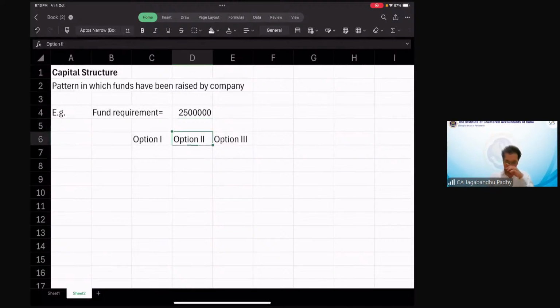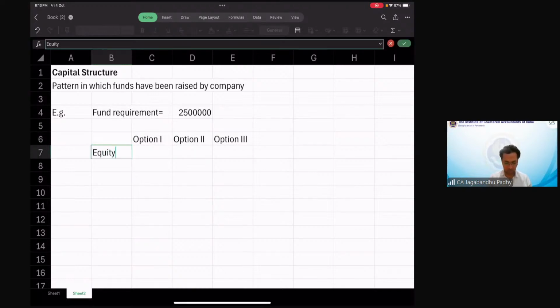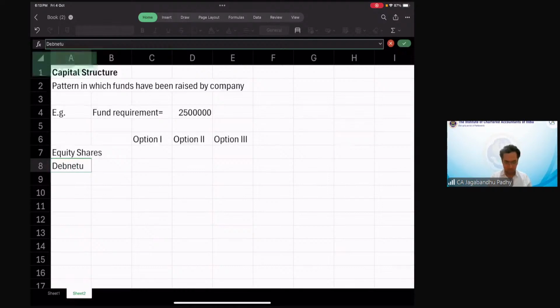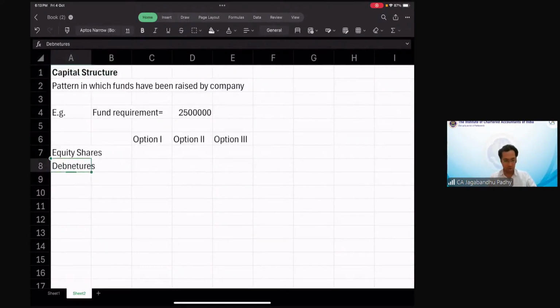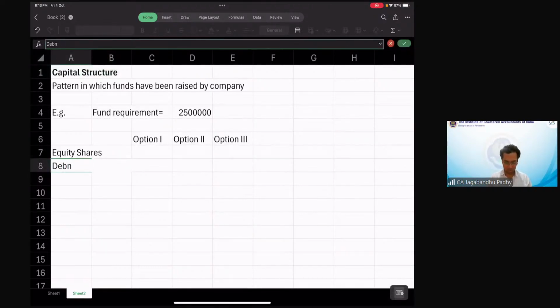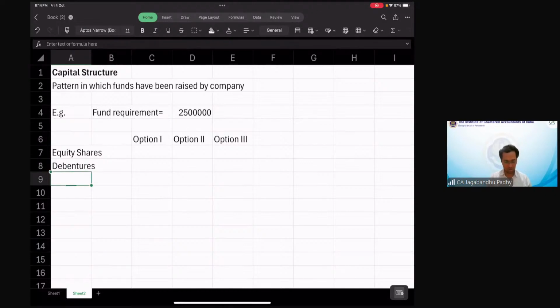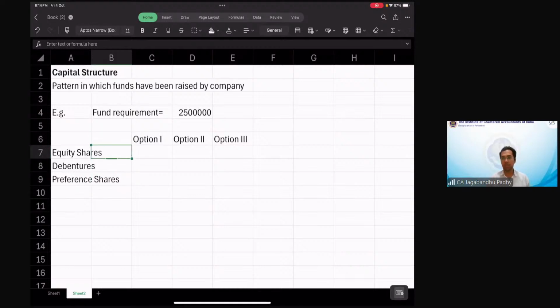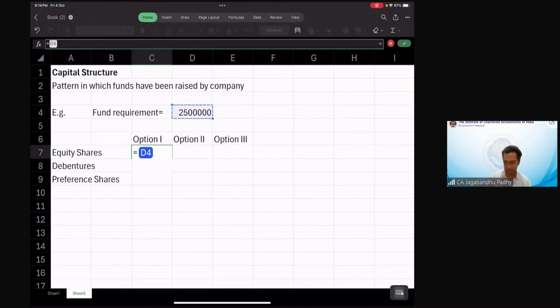Now, the first thing to look at is to raise it by way of equity shares, or maybe by way of debentures, or let's say preference shares. So for 25 lakh, the first option we are saying is let us get the entire funds of 25 lakh